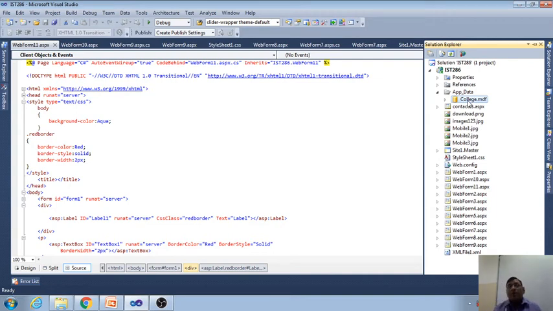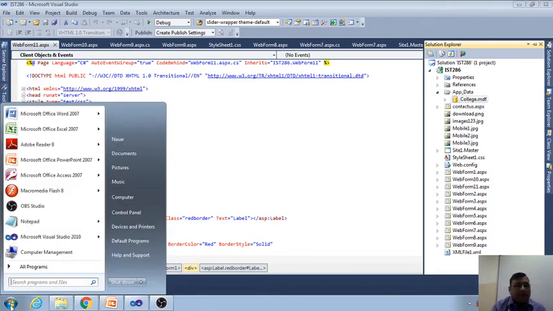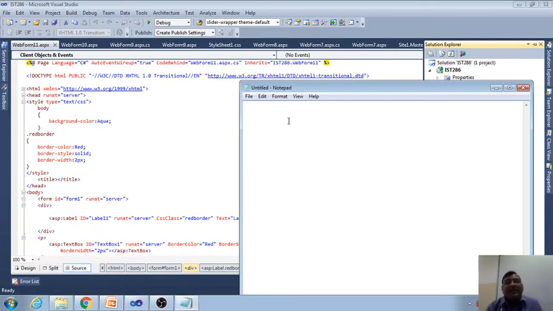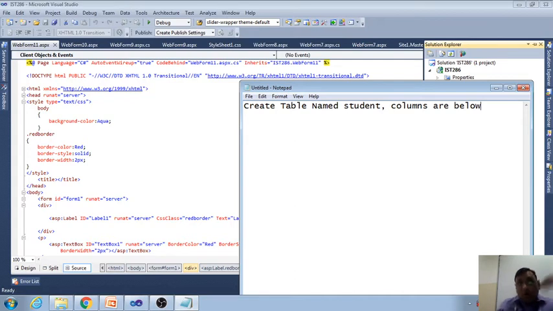Okay, now after creating the database we need to create a table. We need to give the table a name. For example, I want to give the name student. Create a table named student. The columns are below, because we need to give the column names. Here is the column name and here is the data type.